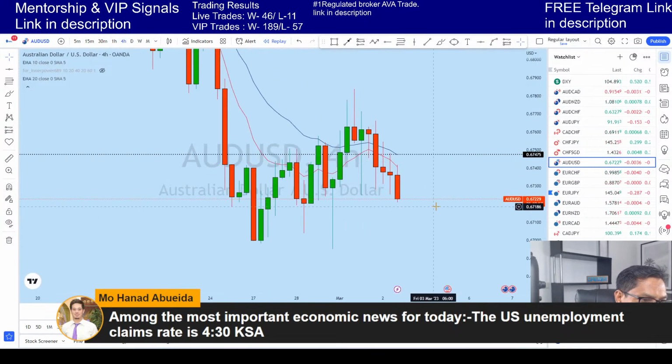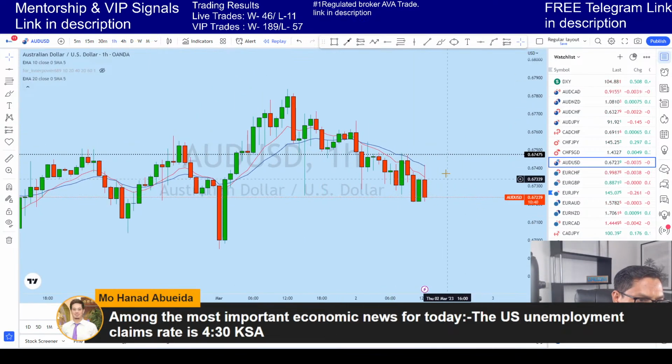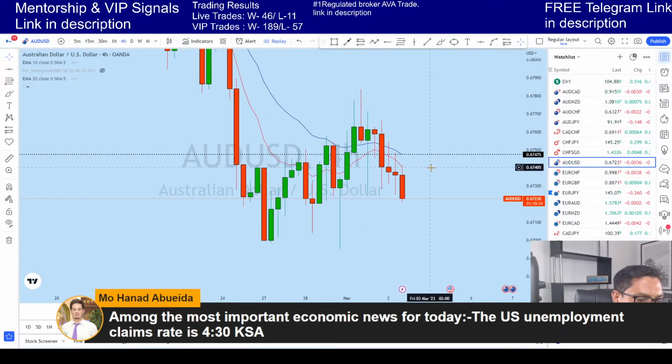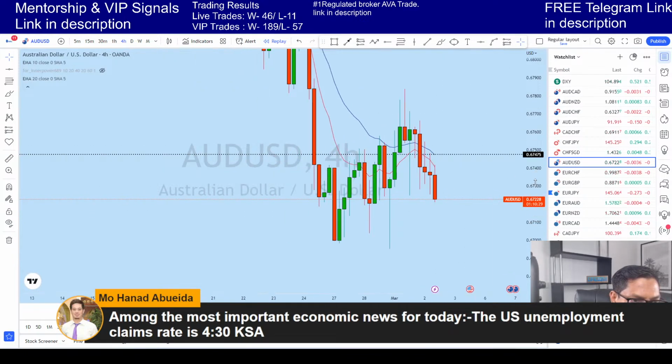Now look, the way it is forming, okay, I was waiting basically AUD USD to hit 0.6747 level where there is a 20 EMA, and if it does, in case you can see that 1 hour candle is now trying to reject to the downside, but it is possible for AUD USD to hit this 20 EMA. If it does, from this level we will be selling AUD USD.